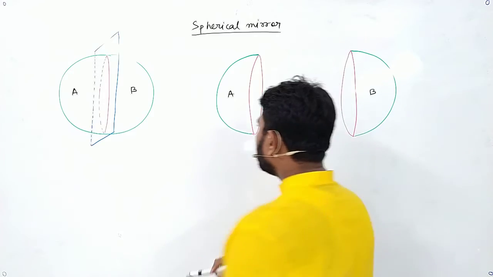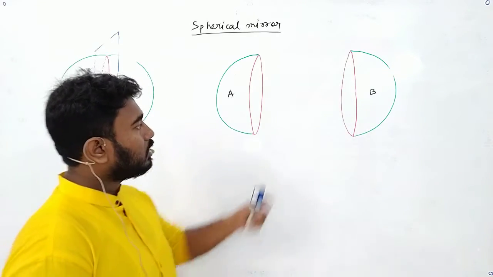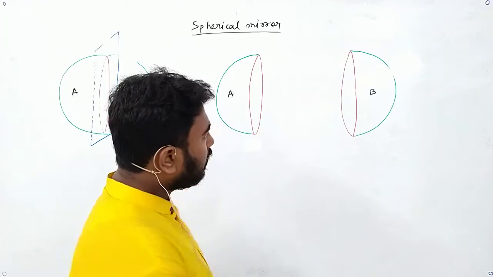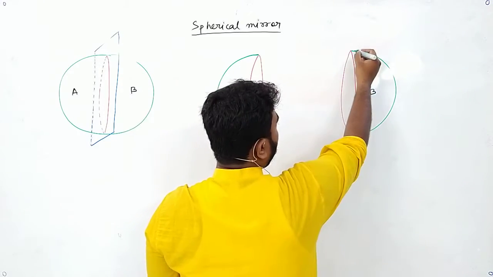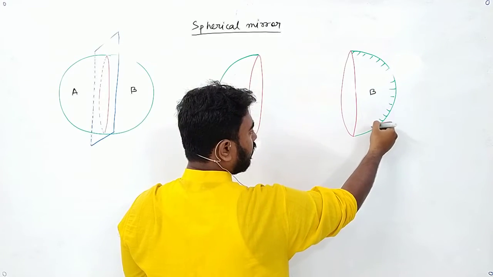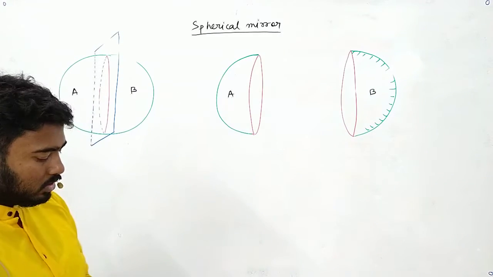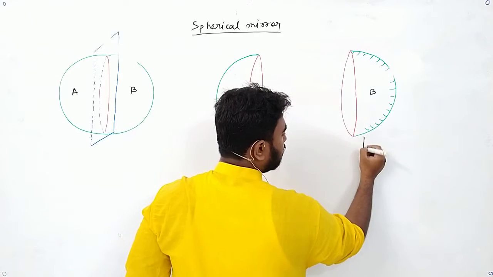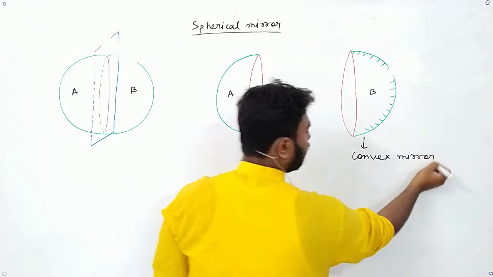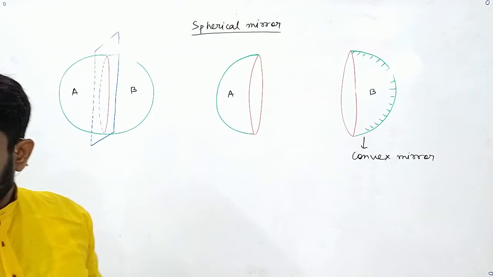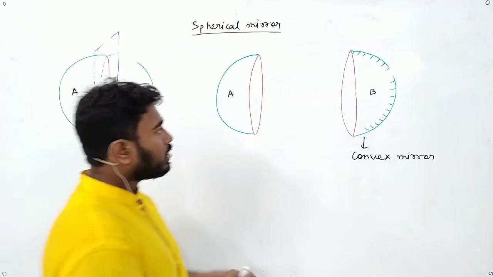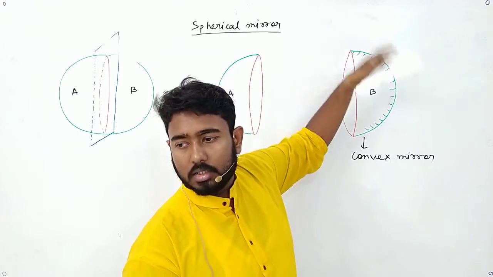Okay, now if I make its inner side non-reflecting, that is if I make its outer side reflecting, then can I find it as a mirror like this one? So this one is a convex mirror. Is the idea clear? Also it can be a concave mirror, yes, if we make the inner side reflecting.